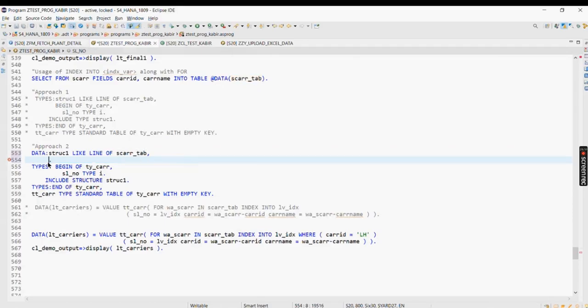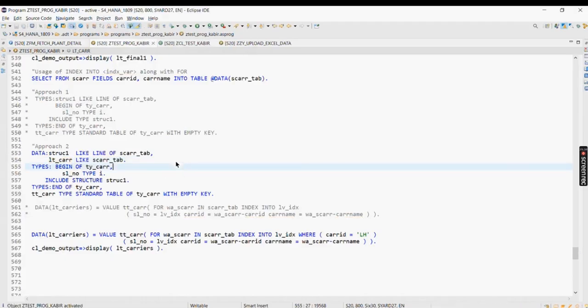So what I can do is, for tt_char, I can do like scar_tab, right? Yes or no? Yes, we can do this, because it was declared by inline declaration, so I'll do LIKE scar_tab. Right? So now what I was telling was,